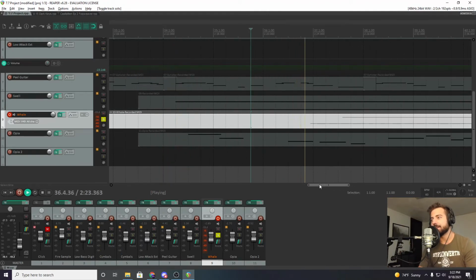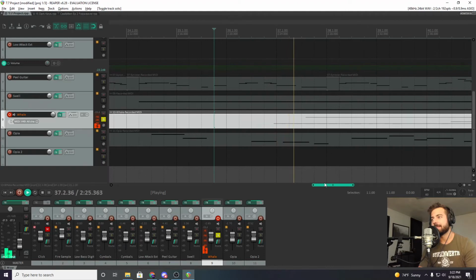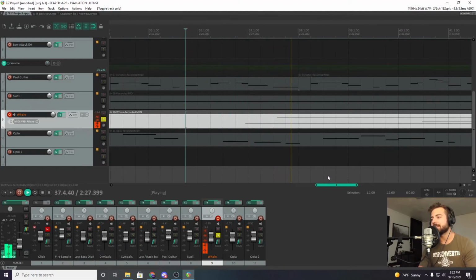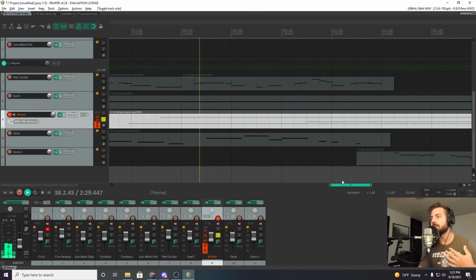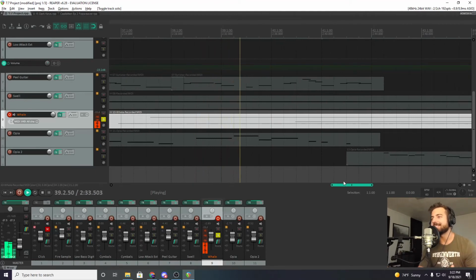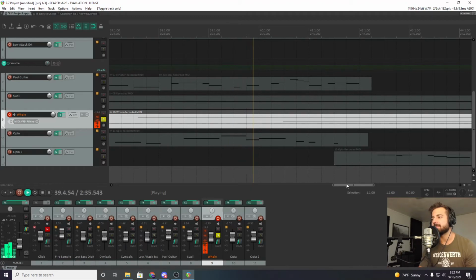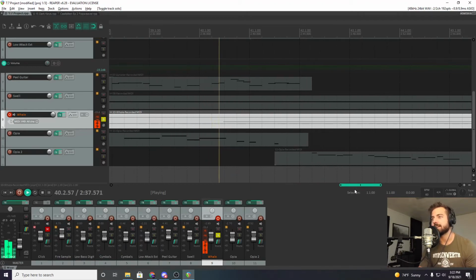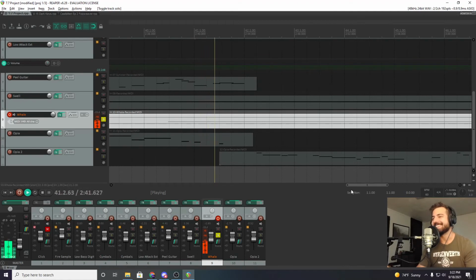So looking at how it goes, it just creeps in slow. It creeps in slow so that you don't even immediately notice that it's there. Just all of a sudden you realize, oh, this mix has gotten so much bigger, so much spacier. And I don't know, that's interesting. I think that it's necessary to have that in a mix.